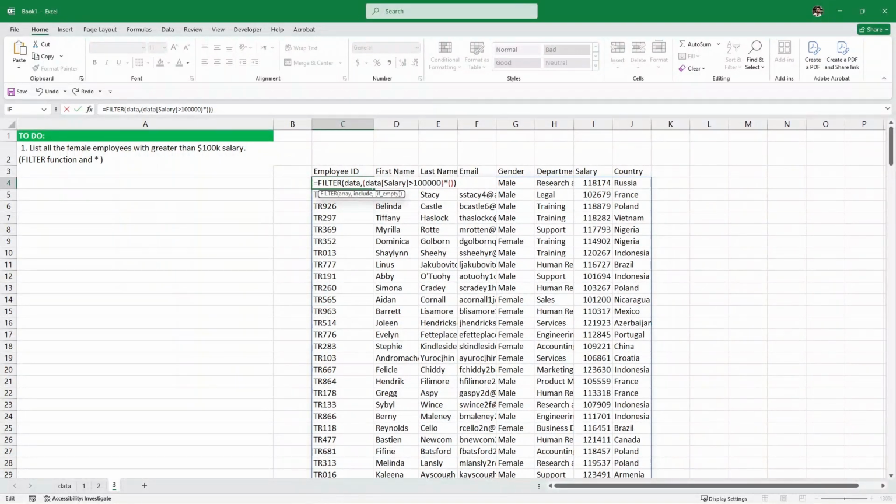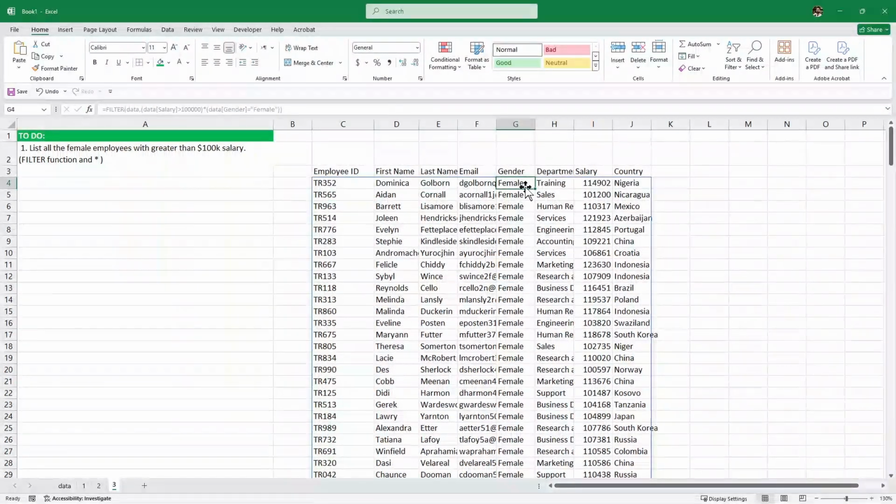Now inside these parentheses we are going to write our another criteria of include, which is that in our data table we are looking for the gender. So we are looking for the gender, and that gender should be equal to female. So I'll write here female, and then as you can see, this is the entire formula. If I hit enter, as you can see, we have all the female employees that have a salary of